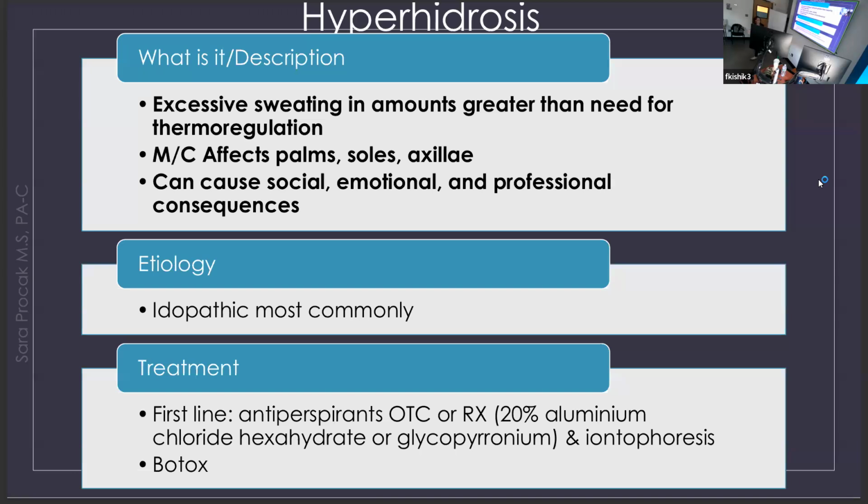And then outside of that, it's going to be Botox. So this is going to be injected into the affected area. Basically, Botox is going to block acetylcholine, which is the neurotransmitter needed to cause sweat glands to produce sweat. So it's going to block that. It works well. Usually you can get it covered by insurance, but sometimes you have to try the other